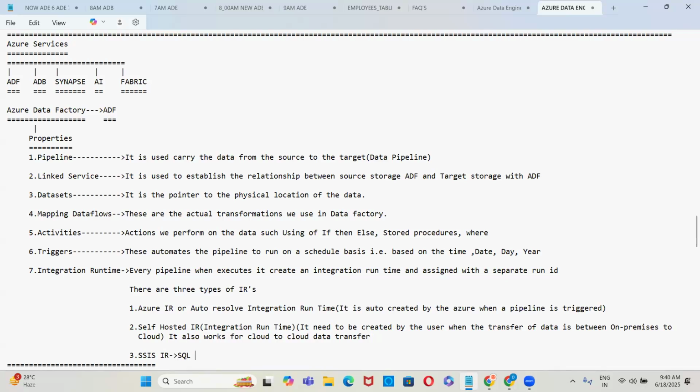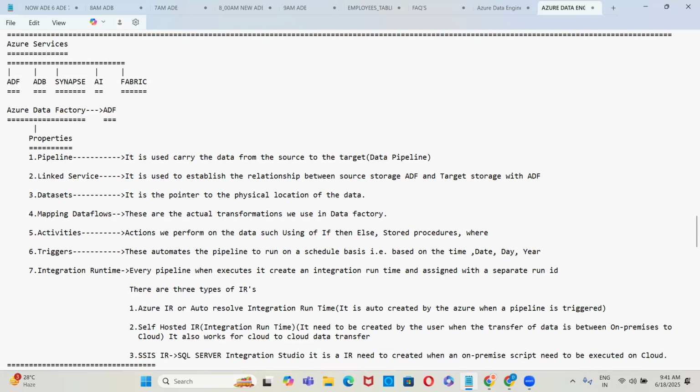SQL Server Integration Services. This IR needs to be created when an on-premise script needs to be executed on cloud.